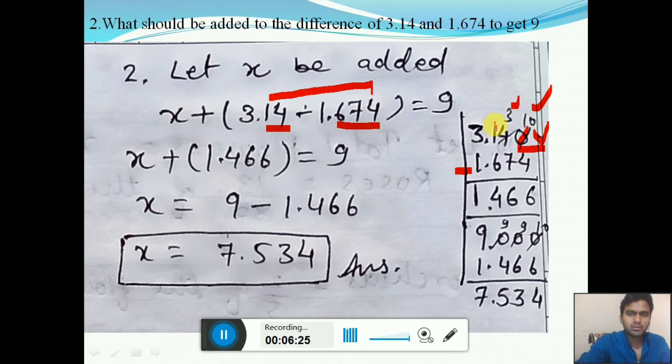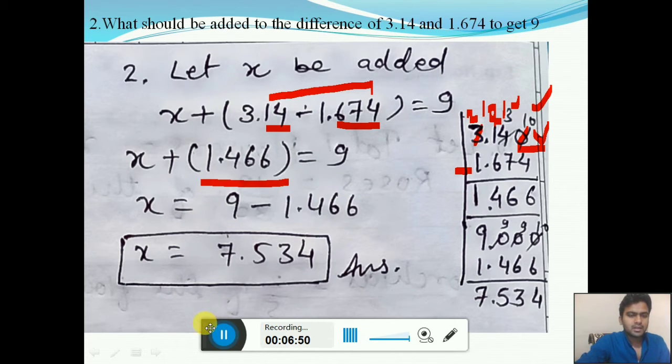So we borrow 1 from here and give it to this digit, and it becomes 13. 13 minus 7 equals 6. Now this number becomes 0, so we have to borrow 1 again. Now this number becomes 2 and this number becomes 10. So 10 minus 6 equals 4, and 2 minus 1 equals 1. So we got